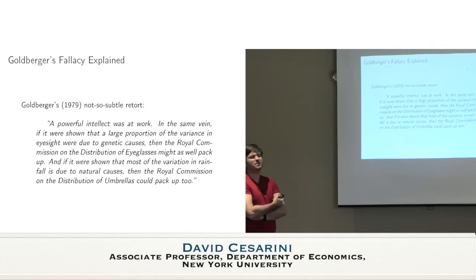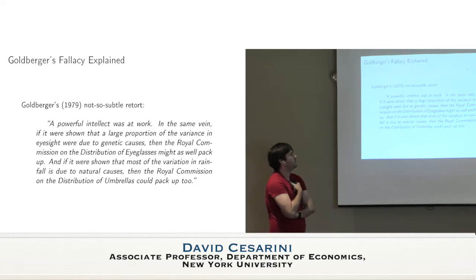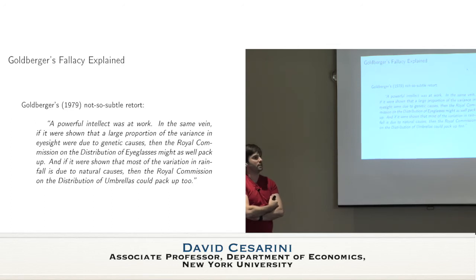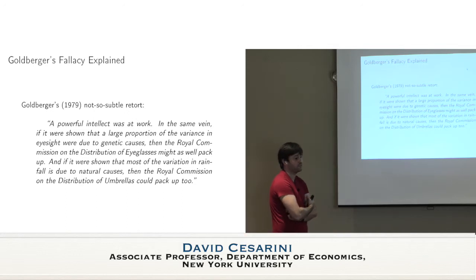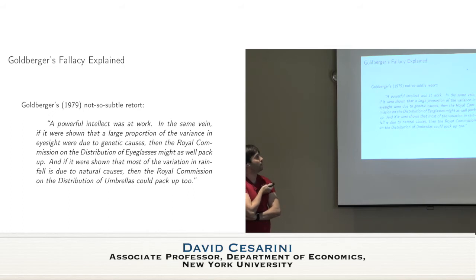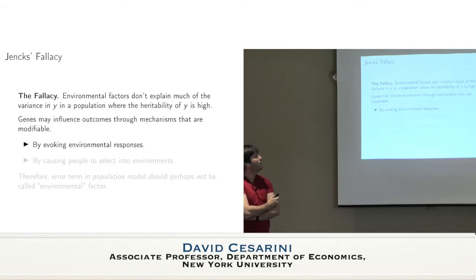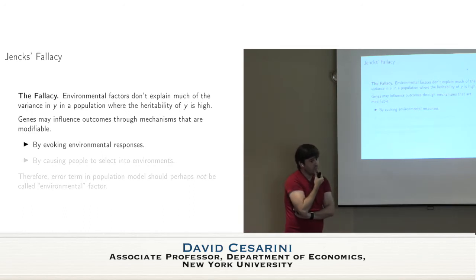And the second issue is that if something is genetic, something is associated with genes, then we shouldn't try to do anything about it because it's, quote unquote, natural, and that too is a kind of fallacy, I think. There are plenty of diseases that have natural causes in the sense that they have some genetic basis that we can trace. It doesn't mean we shouldn't try to cure cancer, right? So it's just an entirely separate issue. I sometimes call it a naturalistic fallacy. So that's Goldberger. And the second fallacy is what we call